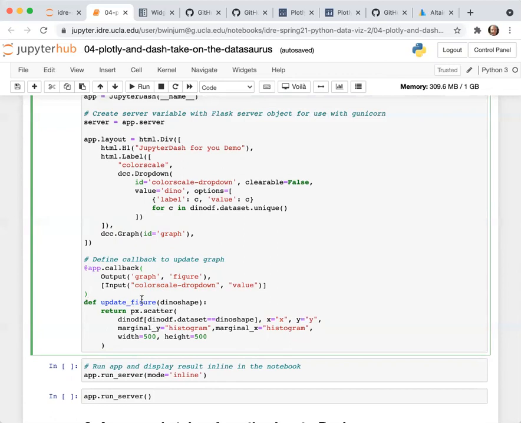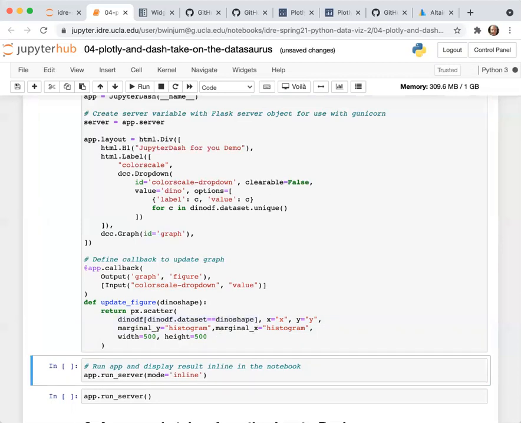So what this function does is just return the plotly scatter plot object. PX, if you remember, is our alias for plotly express. Scatter was the scatter function. This is the data set that we're generating the scatter plot of, with the X and the Y values. Marginal Y and marginal X will generate the histograms on the side of the scatter plot. And then I specify a width and a height.